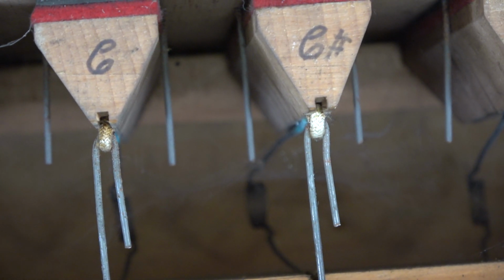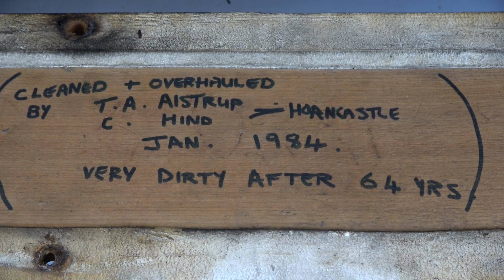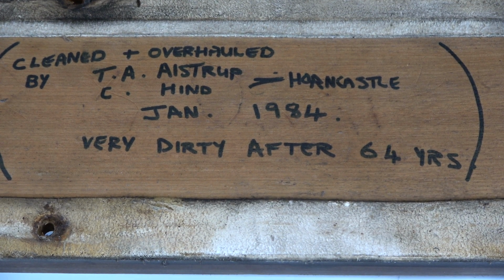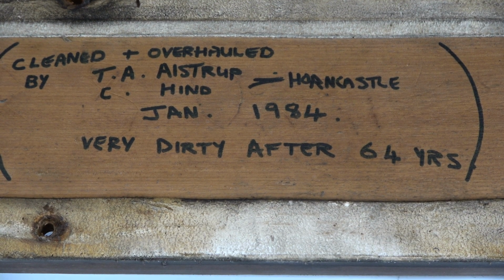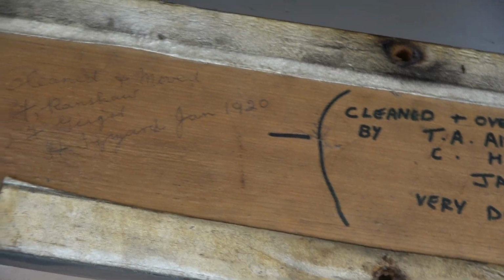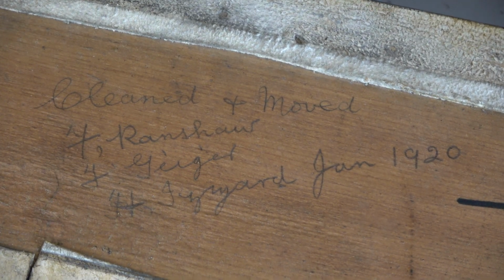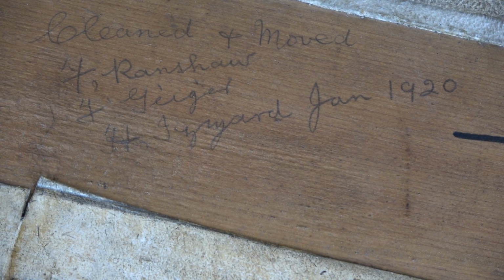And the other interesting thing, leaning up, I'll just pause the camera. Written on the inside of the faceboard, not unusually, Chris Hind and Ted Astrup did the last overhaul in 1984. He's not that old, he's still going very much so. That's always a little insight. And if I move that along, I don't know whether that's clear enough with the way the angles are, but that one says cleaned and moved, F. Renshaw and somebody else,